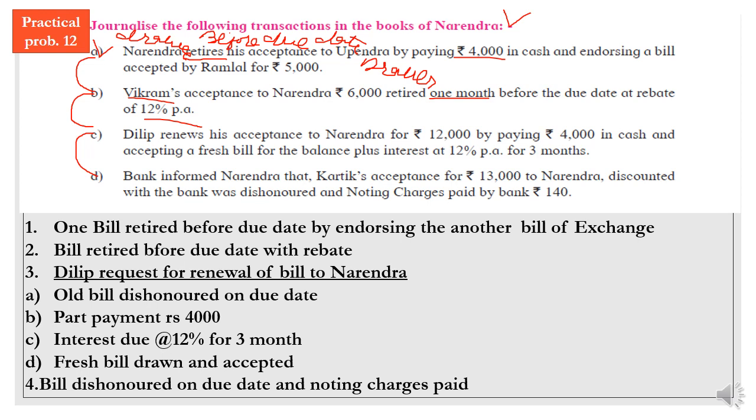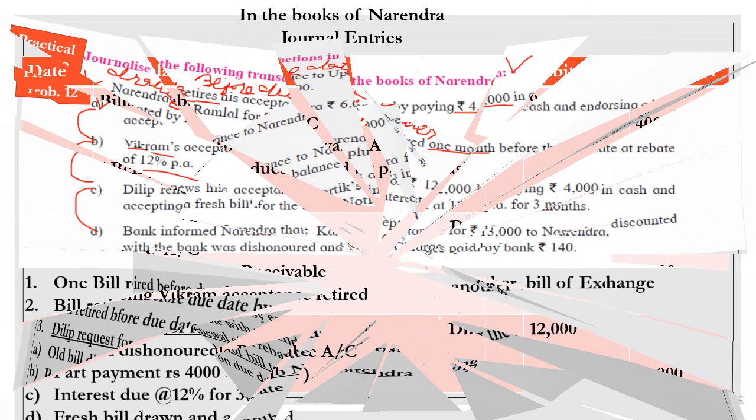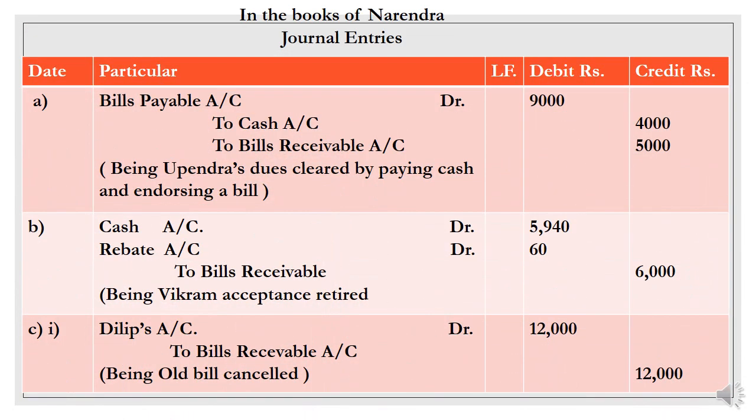After that, the fourth transaction says the bank informed Narendra. So a fresh bill is drawn, and the bill is dishonored on the due date and noting charges are paid. So let's see the journal entry of it. The books of Narendra, journal entry. Date: if the date is not mentioned, you will put the number only. So A,